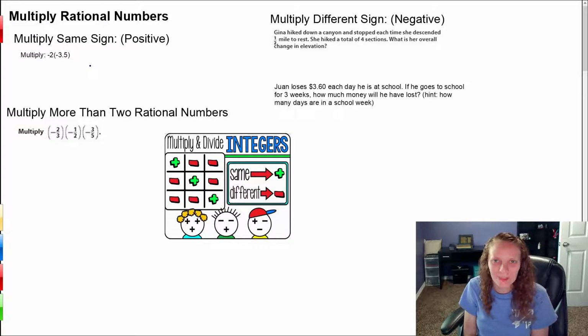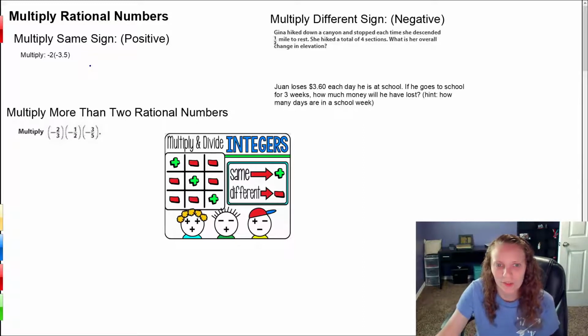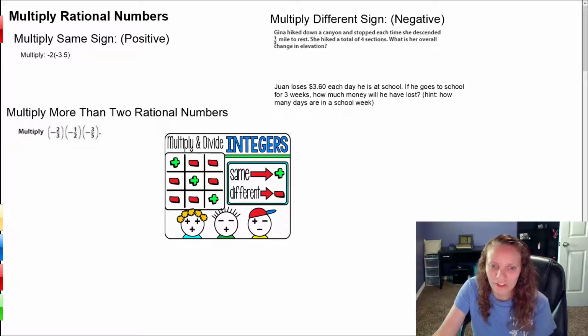Hi guys, today we're going to learn about multiplying rational numbers. Before we jump into the problems that are listed, I wanted to share with you guys this neat little multiplying integers cheat sheet. Whenever your integers are the same, let's look at the people's faces down at the bottom, like